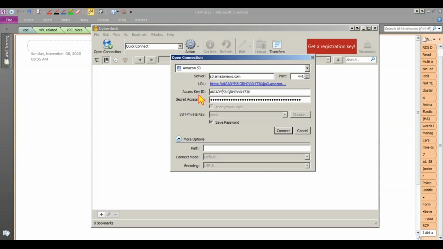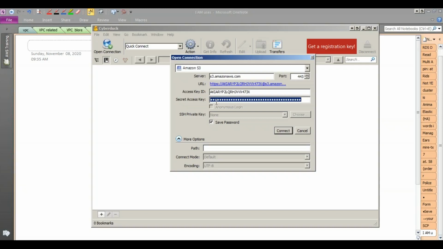These keys are different from your EC2 key pairs. Your EC2 key pair is for accessing the OS, for logging into the OS. That is different. These keys are to access AWS services. They are like your credentials. So anything other than the AWS console, even if it is a GUI tool, you can't use your username and password. It will not work. For that, you need access keys, a combination of an access key ID and a secret access key. Think of this like the username and this as the password.